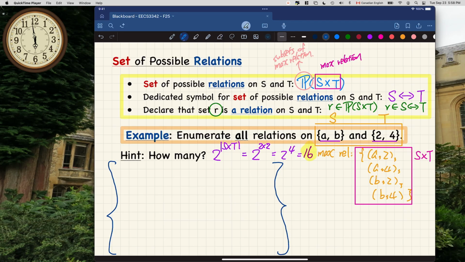So we start with the minimum relation. You can think of this as the relation of cardinality 0. And the maximum should be basically